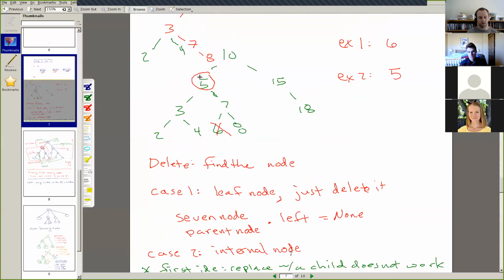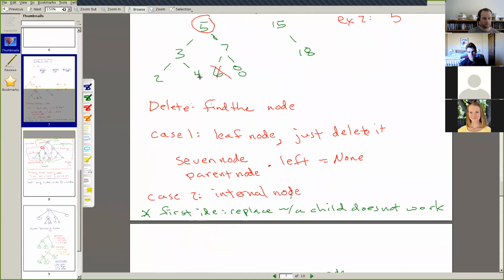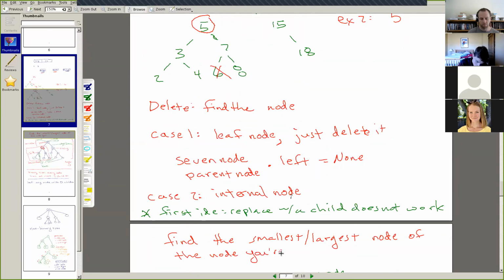Instead, the correct solution is, as the first step, find the smallest or largest, so the min or max node of the node that you're trying to delete. And here it doesn't matter whether you choose smallest or largest.